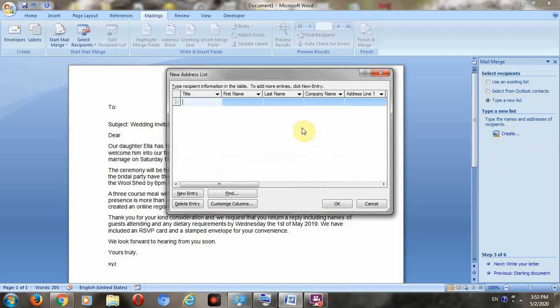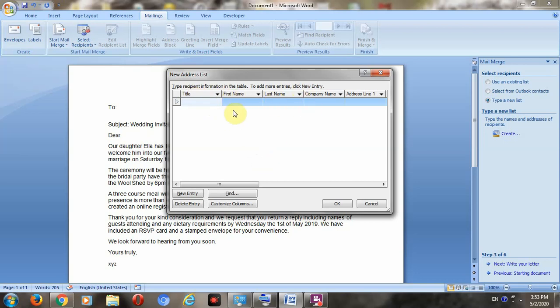After that, a box is created, the New Address List. Here the field names are there: title, first name, last name, company name.